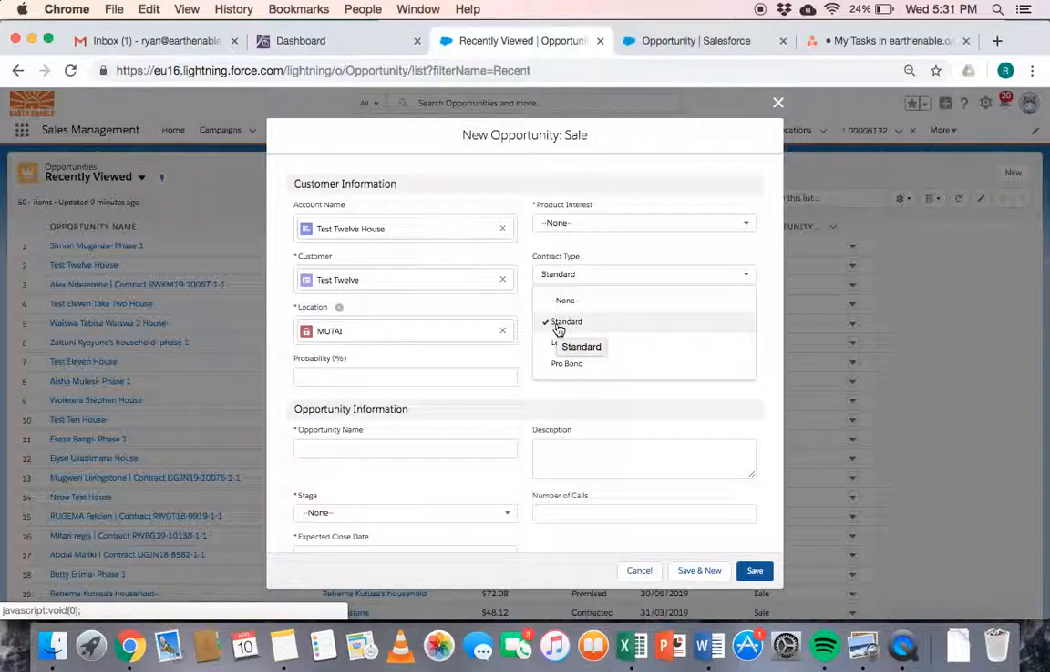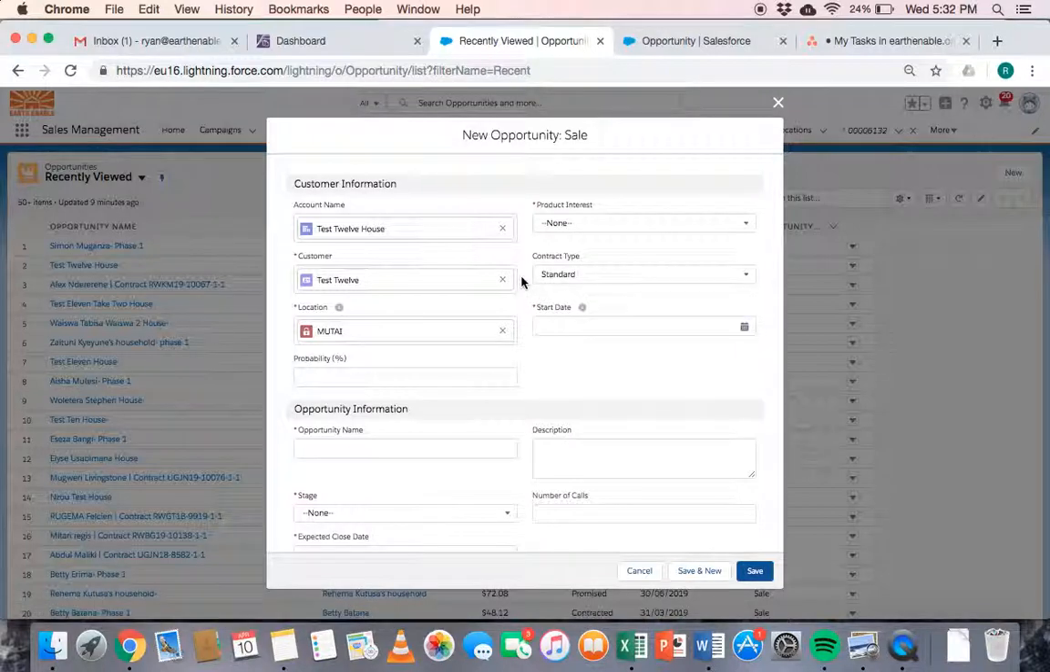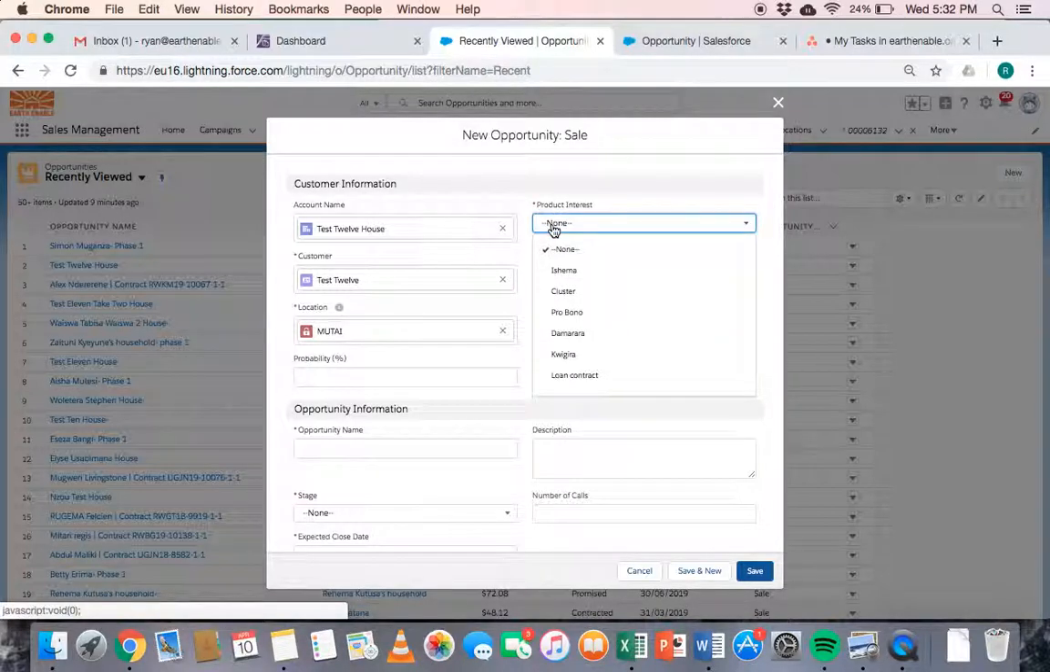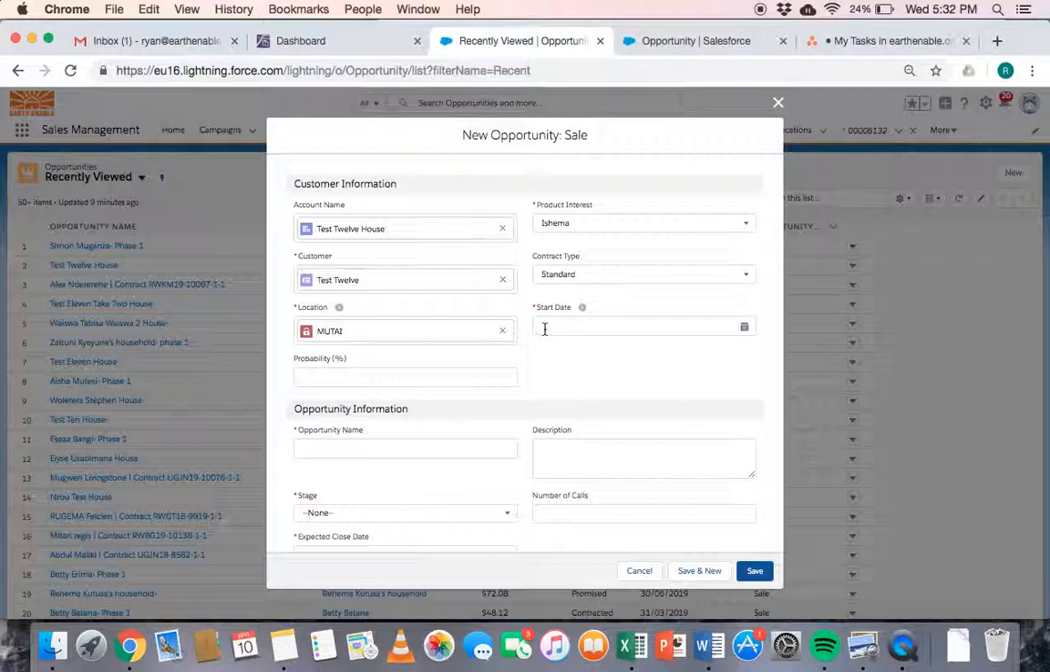You can see here that I've made standard the default value. So if you don't change it, it will automatically just be a standard contract. So we're going to imagine this is a standard contract, and we'll make it an Ishema contract. This is another important piece. For the project's automation to fire, it needs to know what date you plan on starting the project on. Obviously, this could change, but it's very important that you put in your best guess for the start date